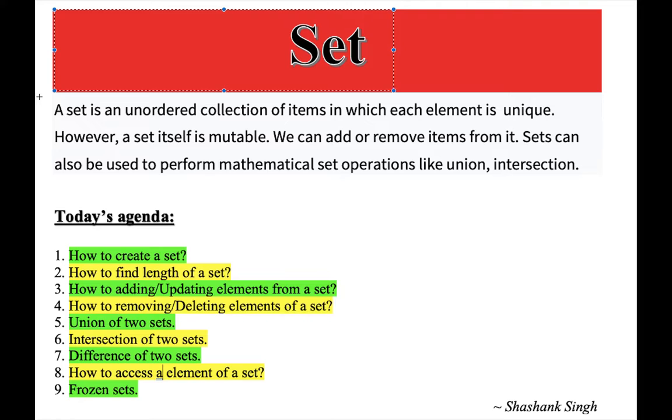As you can see on my screen, a set is an unordered collection of items in which each element is unique. Unordered collection means we don't have to take care of indexing this time, as we have seen in list, string and tuple data types. In a set, each element gets stored at random locations without any indexes. Each element is also unique, which means even if you push a duplicate value while creating a set, it will return only unique elements post execution. So this is a basic overview of set.